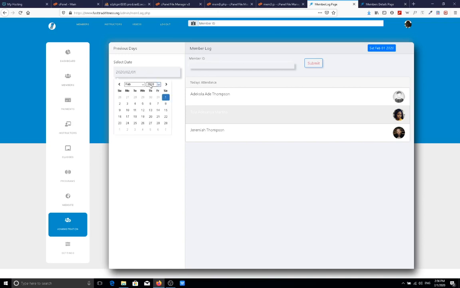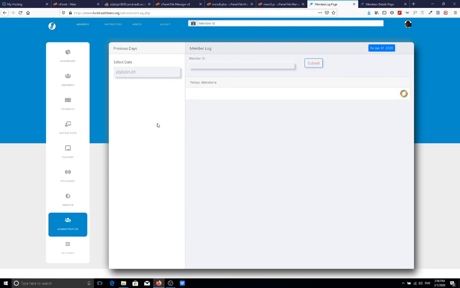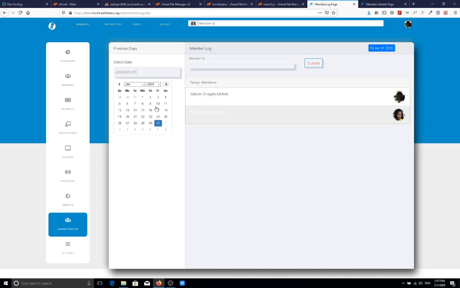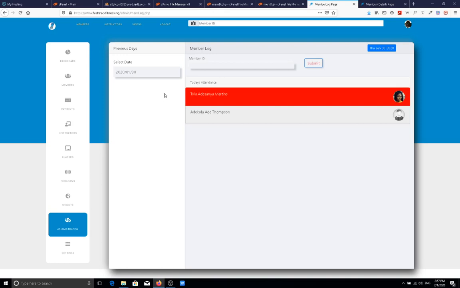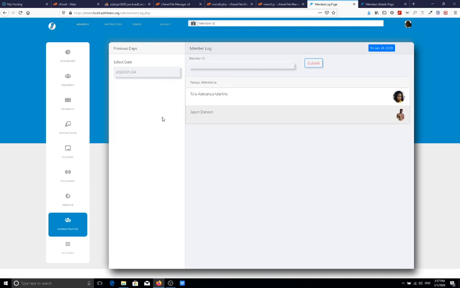Also, this is a filter. So say for instance I want to see people that logged in yesterday, I can change the day and immediately it loads people who were logged in yesterday. If I choose the 30th, it will show people that logged in on the 30th. If I choose the 24th, it will show people that logged in. Now also